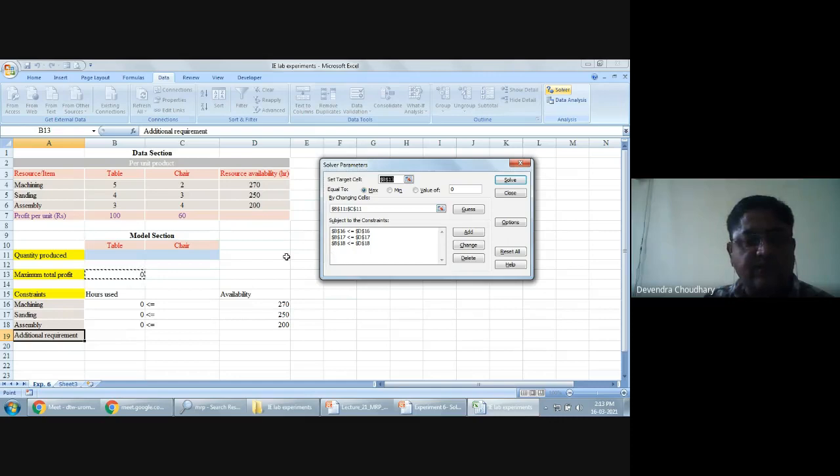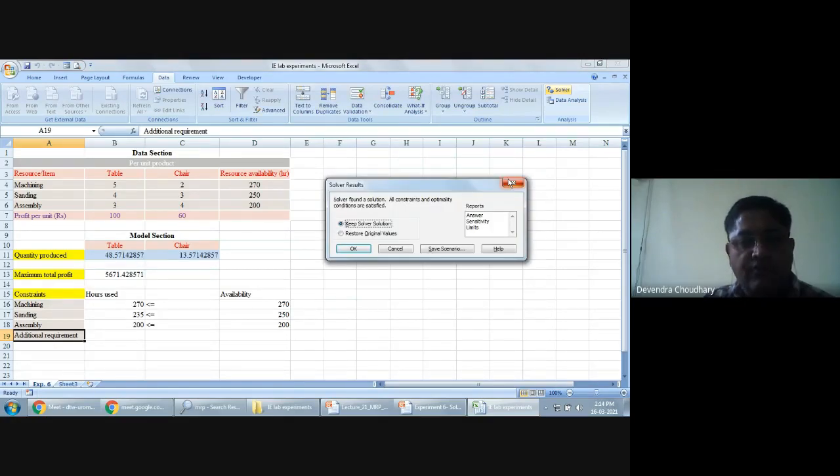The next step is to solve this problem. After entering the objective function, defining decision variables, and entering these constraints, now it is time to solve the problem.